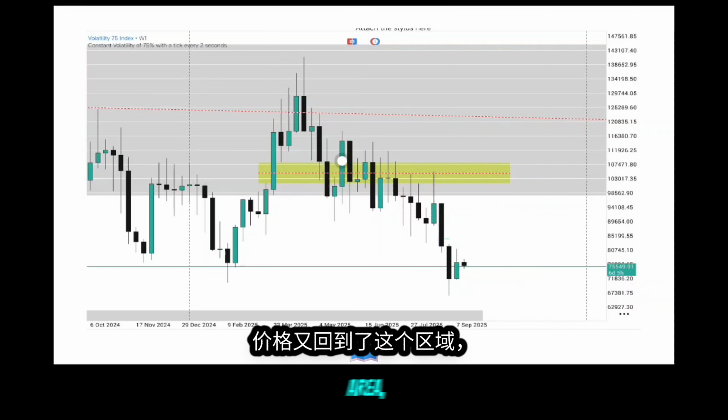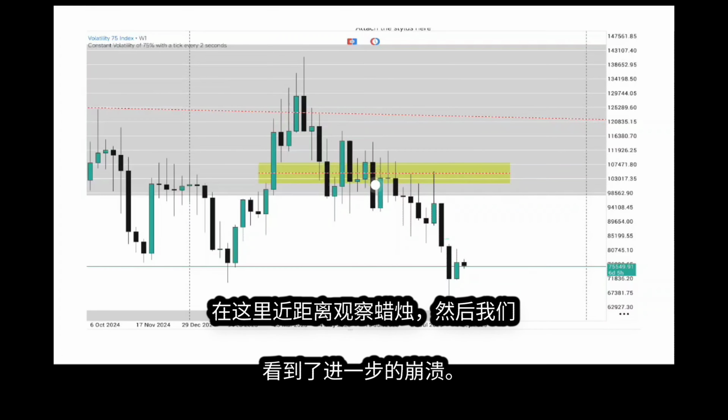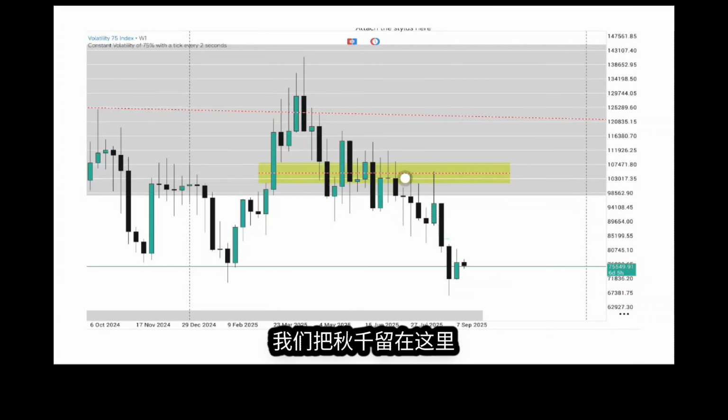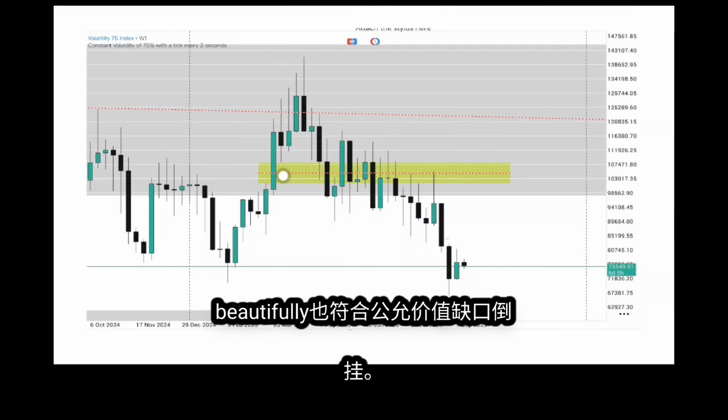Price came back into this area, traded into the mean threshold of this up close candle in here, and then we saw a breakdown further. It tried again, and then it rallied down. Now when we're rallying down, we left this swing high in here, and beautifully it was also in line with the